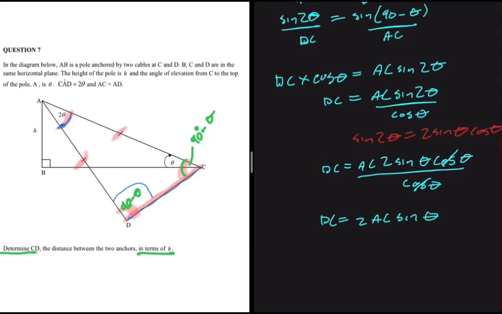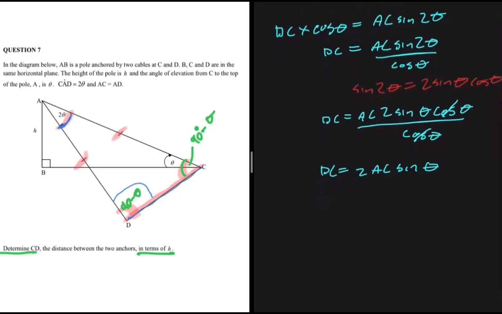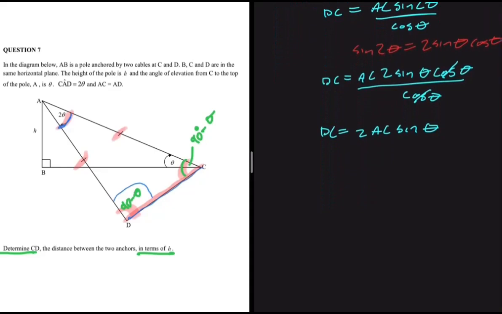But then we're supposed to determine DC in terms of H, right? So how are we gonna do that? Now, this is what I was talking about: starting from the triangle that has the most information, moving to the triangle that has the least information. So now we're looking for the length of AC. So let me just highlight AC here for you. We're looking for AC, right? So to find AC, we're going to regard